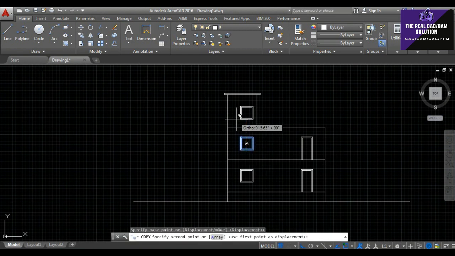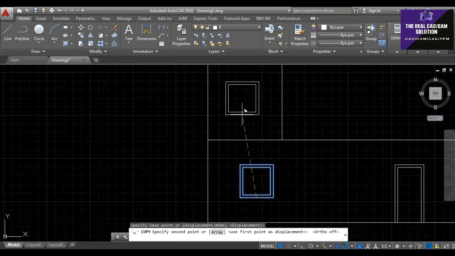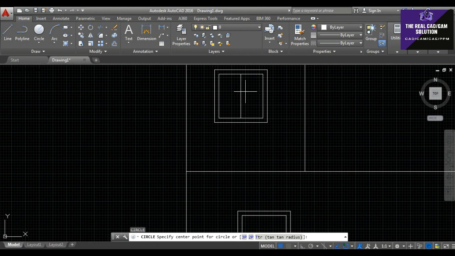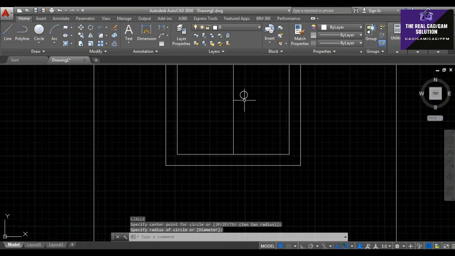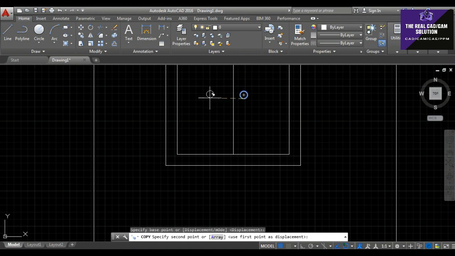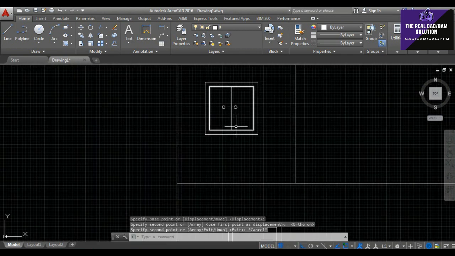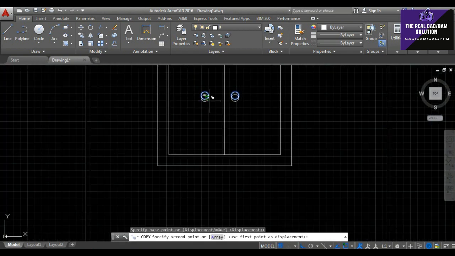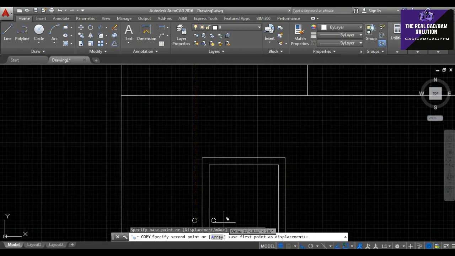I want to copy like this on top of the area because here comes another very important thing of the window section. Then I want to change like this, the same thing copied to here.